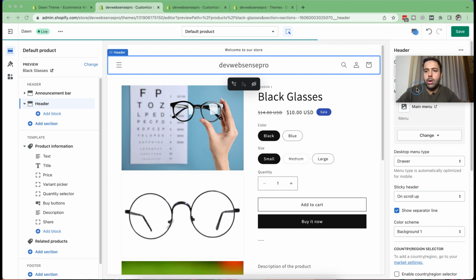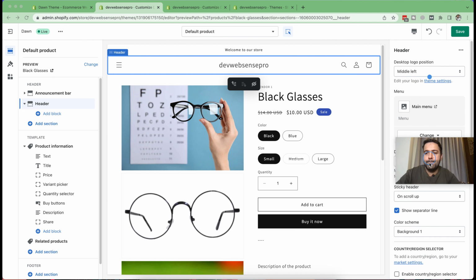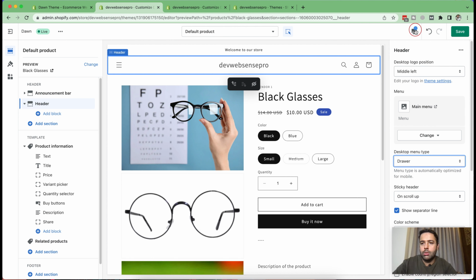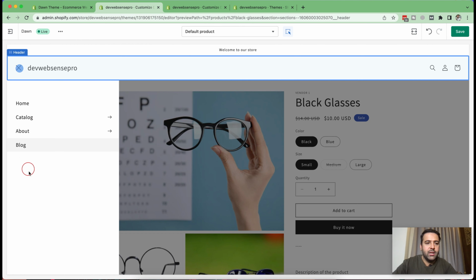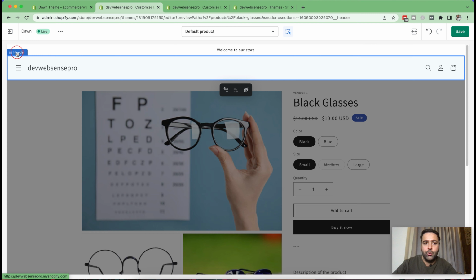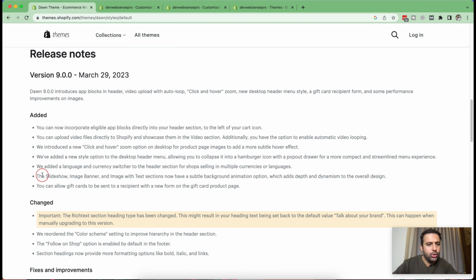Click on drawer, and now if I switch to the full screen mode, you can see that a menu is showing up on side. That was for mobile, but now it's showing on desktop mode as well. Previously it wasn't there. Now let's move on to the next one, which is added language and currency selector for